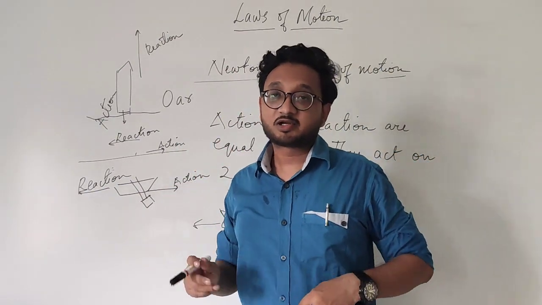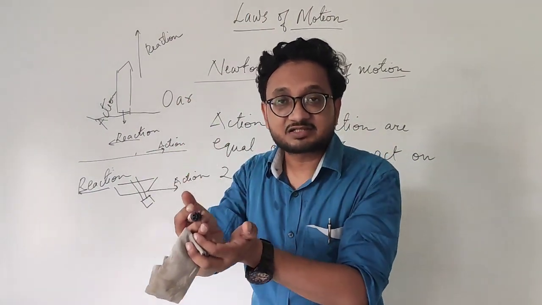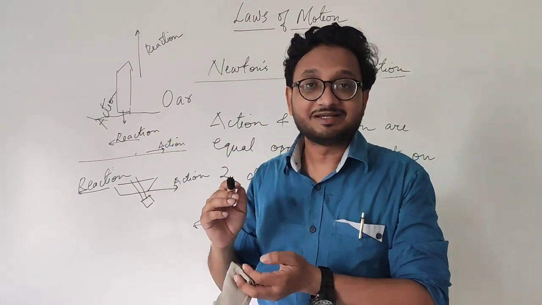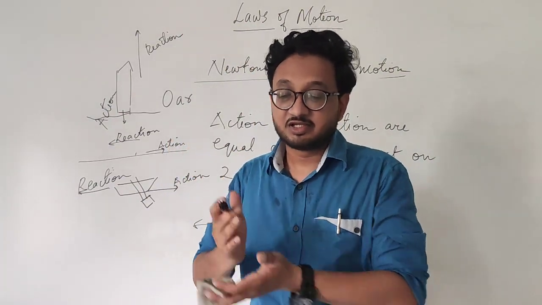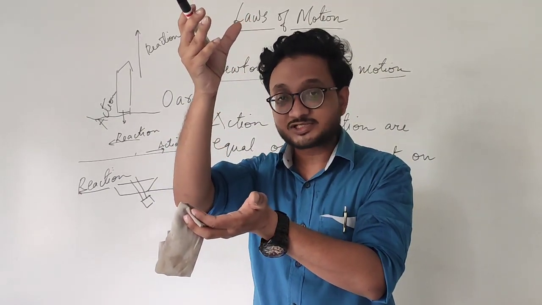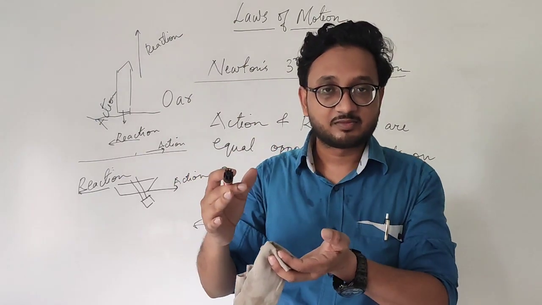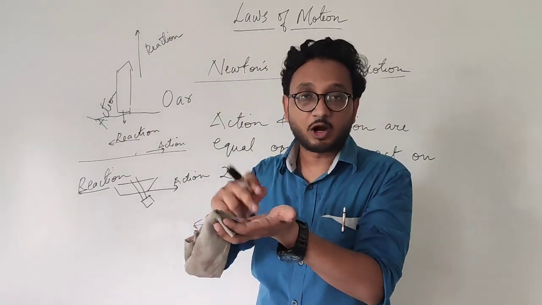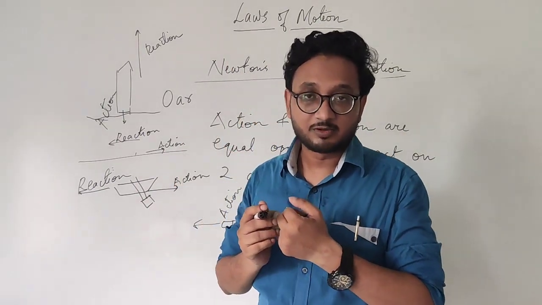Why does he do that? Because whenever the force is applied on his hand, he is increasing the time so that there is less force. The momentum of the ball is changing very slowly. The ball applies force because the momentum is changing. So if he keeps the hand steady, the momentum of the ball is very fast, and whenever it lands on the hand, the momentum changes suddenly. It goes from very fast to very slow very quickly. So there is a lot of force, and our hand has to apply a lot of force so that the momentum of the ball changes.